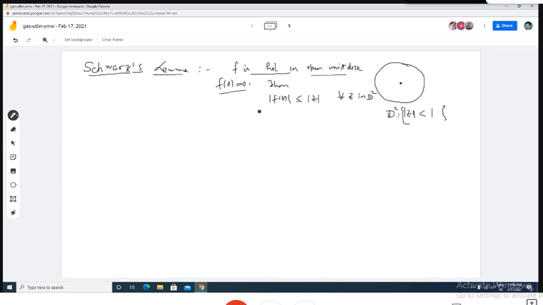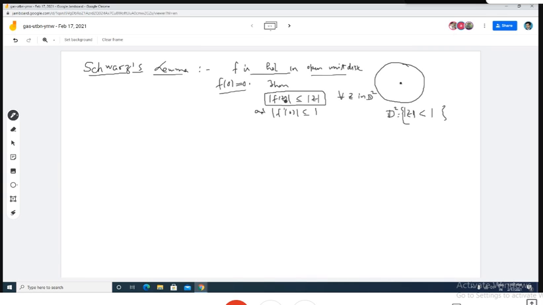And also the modulus of the derivative at origin is less than or equal to 1. And if at any other point this equality holds, so you see in this inequality,